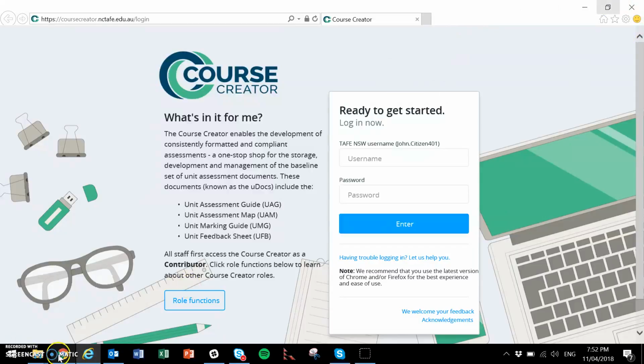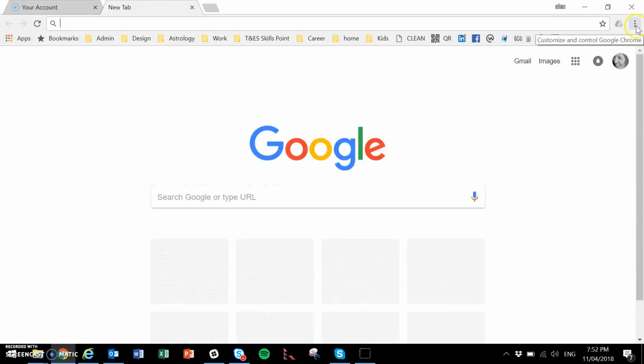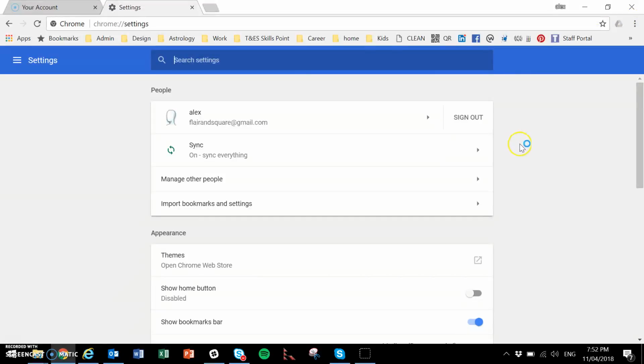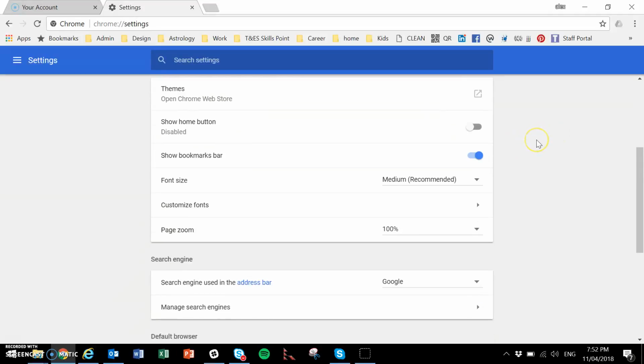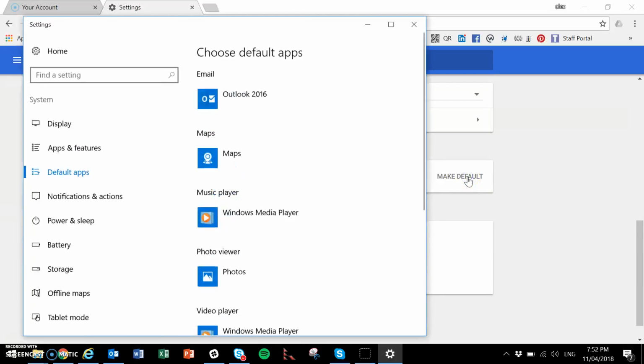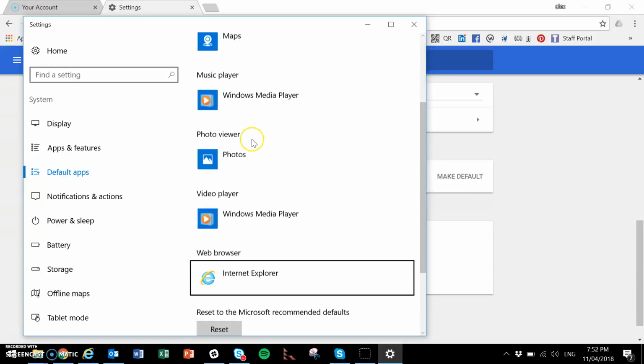To change that, just open Google Chrome and you'll see three little dots here on the top right, which you can click and scroll down to the settings menu and scroll down until you see default browser. Make Google Chrome the default browser. Click make default. It will open the computer settings and it will show you the default apps set for certain